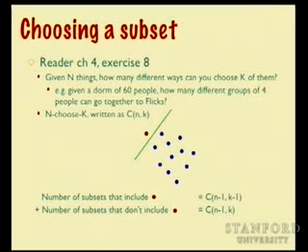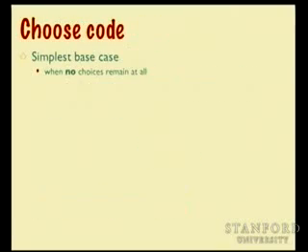So very much relying on this recursive idea: if I don't feel smart enough to know the answer directly, but I could defer it to someone who was willing to scrutinize the problem more, well, if you could tell me how many groups of 3 you can join with Bob and how many groups of 4 you can pick without Bob, I can tell you what the total answer is. The simplest possible base case we're going to work our way down to is when there are